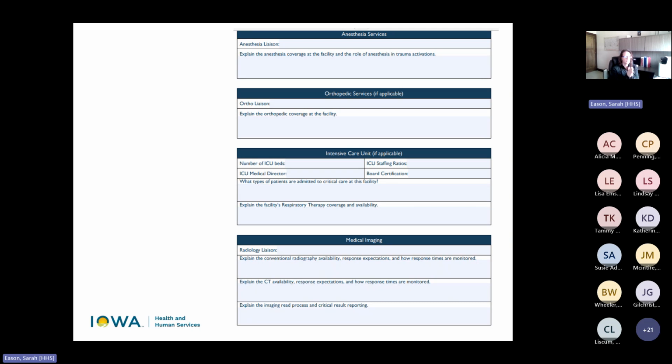So when you're writing NA, write NA if you don't have those services. And if they are actively involved in caring for the trauma patients at your facility, you need to have that filled out. And then if they're not on call 24/7 as a level 4, we don't have to have that. That's okay to explain in that box there.